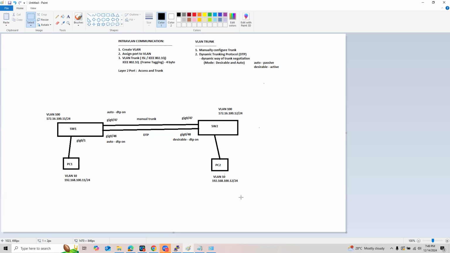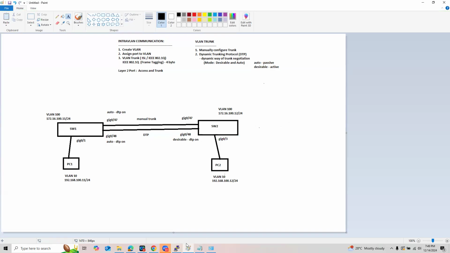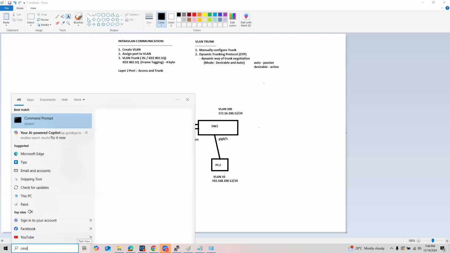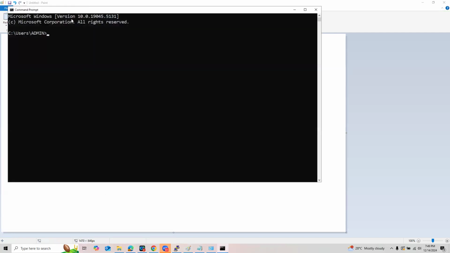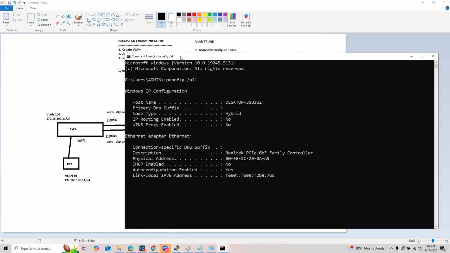Hi everyone. Okay, so I already plugged the cable into gigabit 0/3. I used gigabit 0/3. Let me see if I can now ping that PC there. Again, I am in PC1. ipconfig /all.